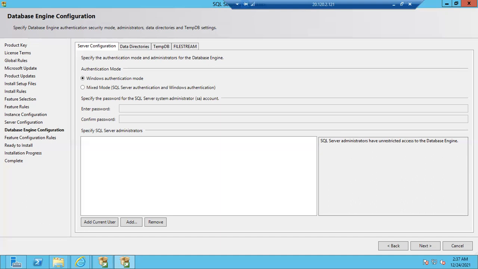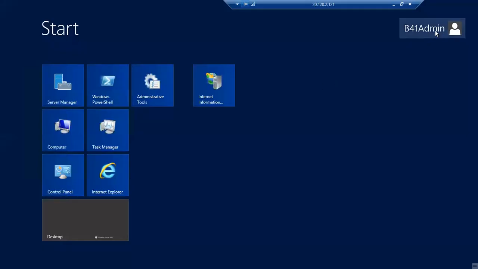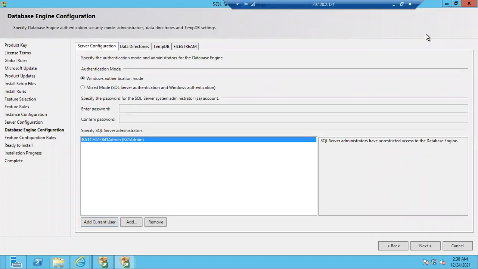By default, no one can access. Even though I'm installing the SQL Server, I can't access it. To access it, I have to add my account to connect to the SQL Server. If you click on add current user, the one who is installing the SQL Server, the administrator, he can only connect. Even if you are a company CEO, if your account is not created, you cannot log into the SQL Server. The same with Gmail: even the Google CEO can't log into Gmail if he doesn't have a Gmail account.